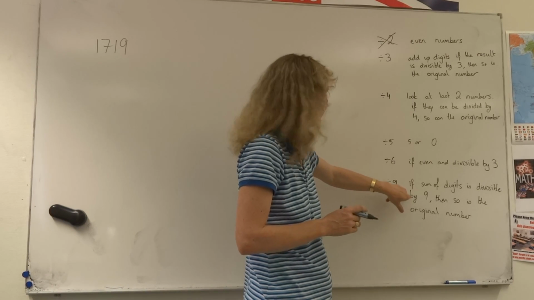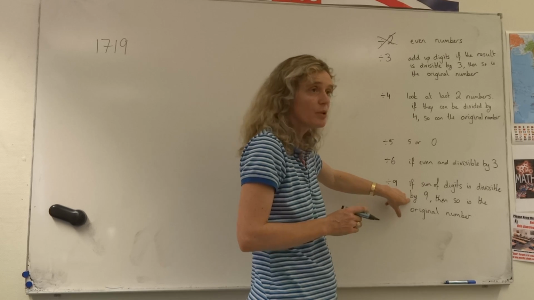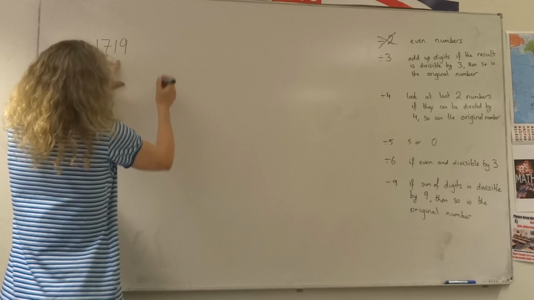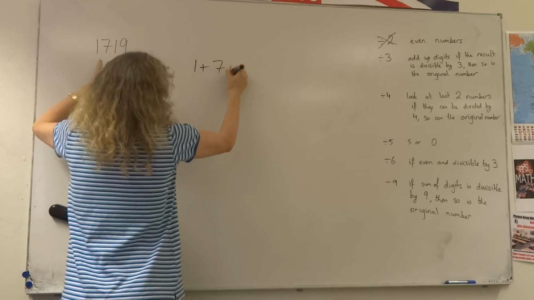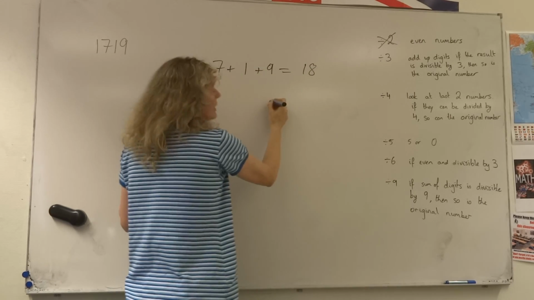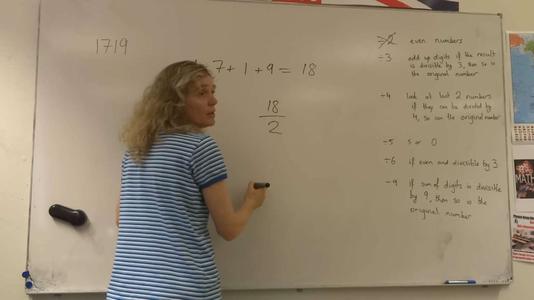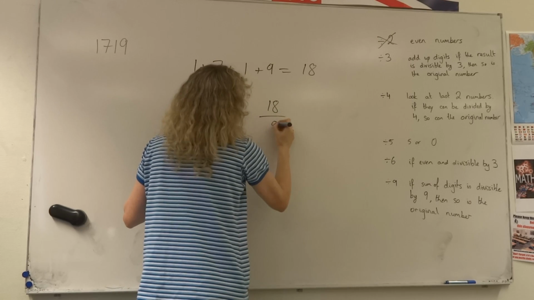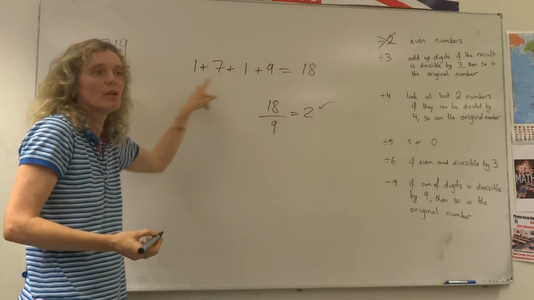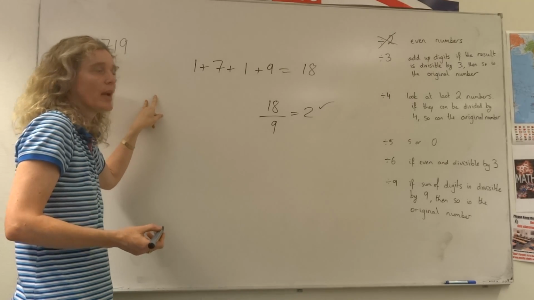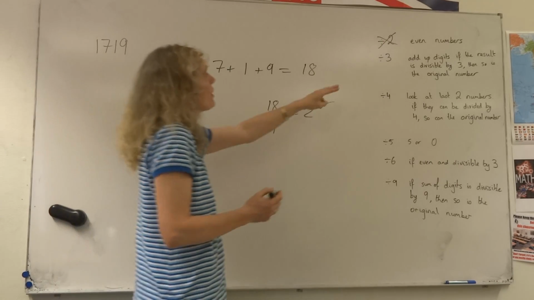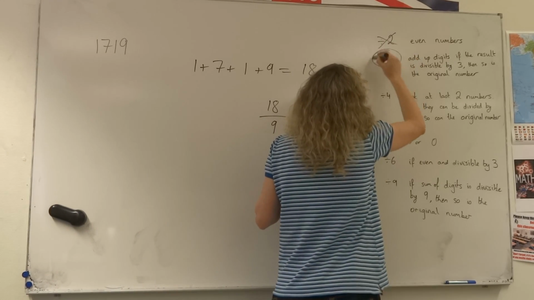9 then. If the sum of the digits is divisible by 9, then so is the original number. So again, we add up all of these. 1 plus 7 plus 1 plus 9. We know that that was 18. Is 18 divisible by 9? To give us 2? Yes, it is. So this number is also divisible by 9. Okay? So this 3 rule is very, very useful because it works for the